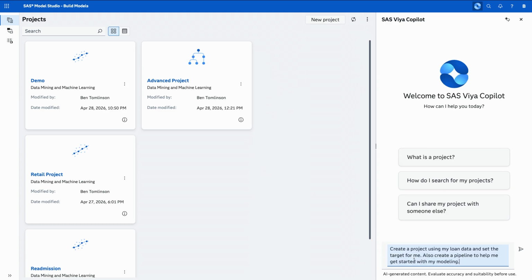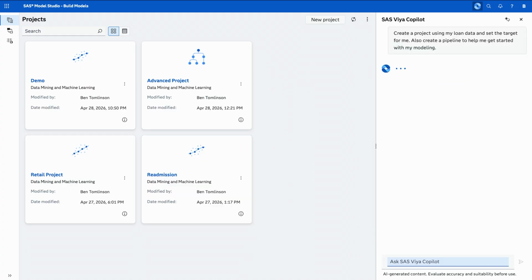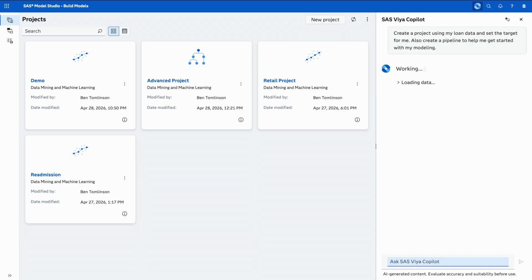I'm actually going to go ahead and ask it, so you can see down here at the bottom, to create me a new project and go ahead and set up the pipeline for me. So this is part of that end-to-end flow that I was talking about before. Now I'll explain this so we can actually see what it's doing. This is part of that automation where we can go from data all the way into a project, setting up the variables that we need, and even creating a pipeline for us.